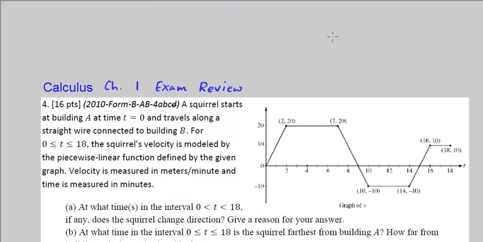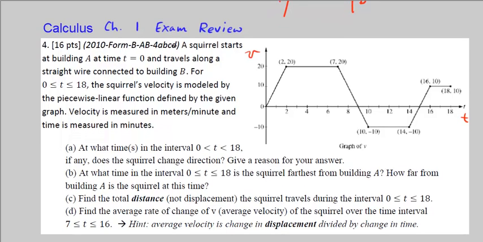So, building A, building B. There's just a wire there, and the squirrel's going along the wire for 18 minutes, or whatever time interval we have. The squirrel's velocity is modeled by this function over here. So again, this is the velocity versus time graph. And our first question is, at what time or times in the interval between 0 and 18, if any, does